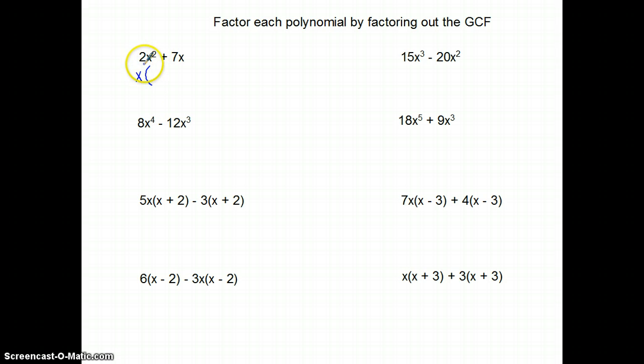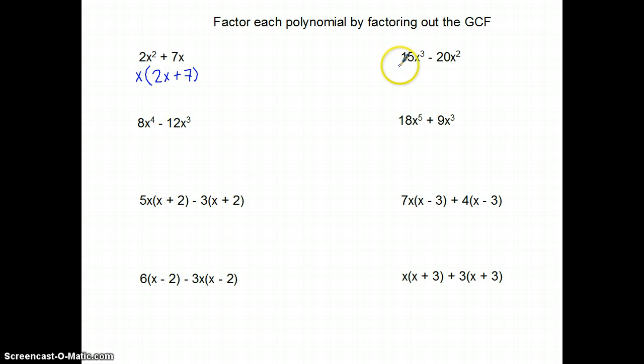When I take out an x from my 2x squared term, I am left with 2x. When I take out an x from my 7x term, I'm left with a positive 7. Remember, you may check your answer by distributing that x back in. Whatever you get should match your original expression. To the